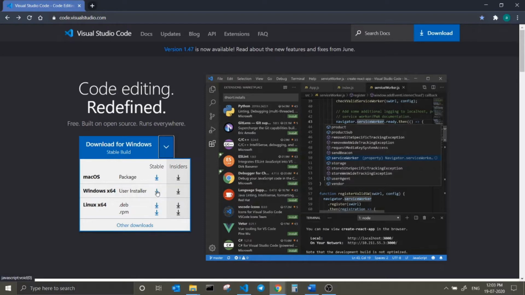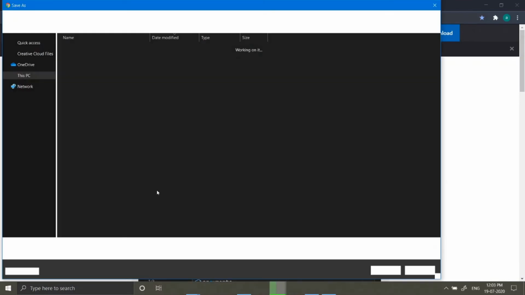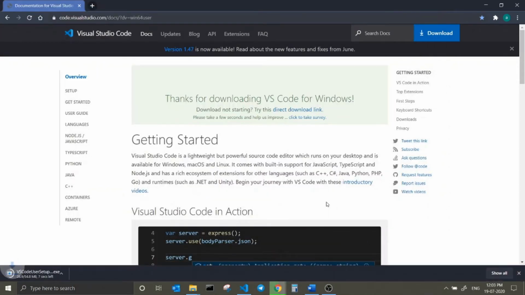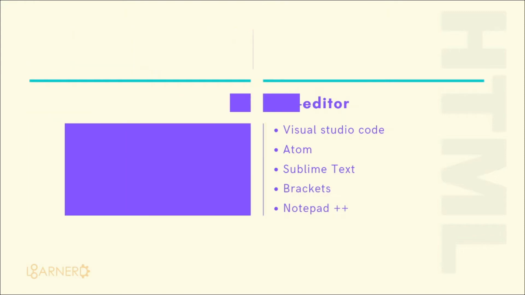As you can see, after clicking on the stable version download icon, it will download the .exe file, as you can see on my screen. You have to just save it and it will start downloading. After downloading, you have to just double click on the exe file and it will start installing Visual Studio Code. After downloading our Visual Studio Code, let's jump into how we can create our first web page.